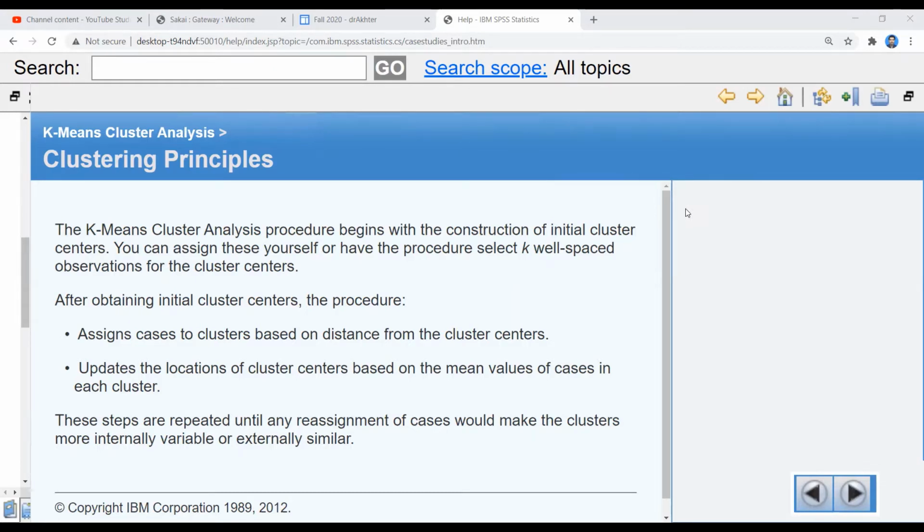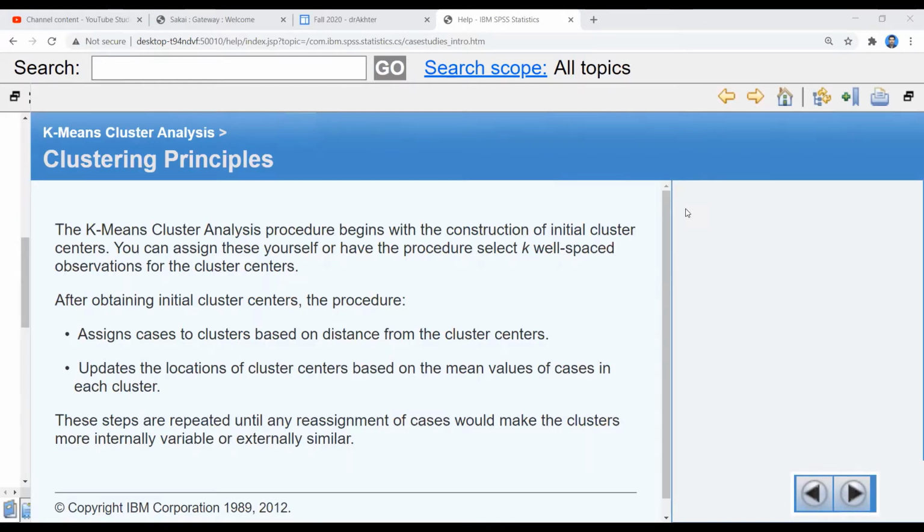So this is the technique, and this technique will be repeated, and every time the distances are calculated from the cluster centers, and all the points will be reallocated on the basis of the distances. The smaller distances will be allocated to one cluster, and then we have another cluster.